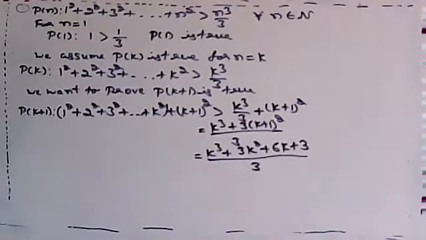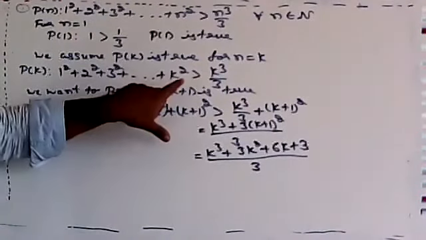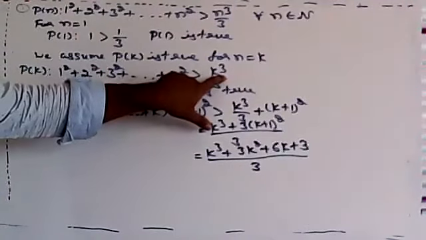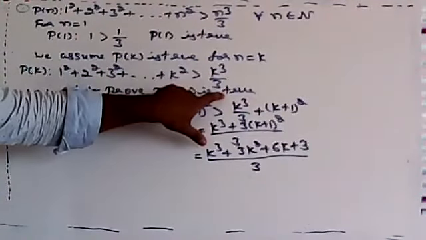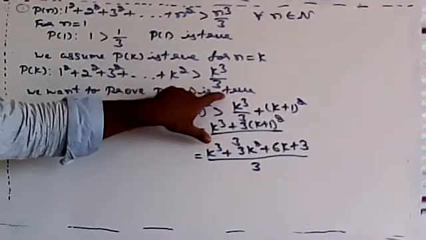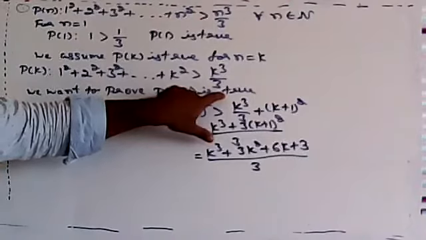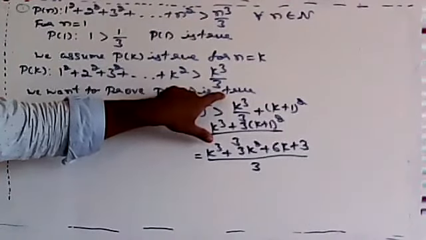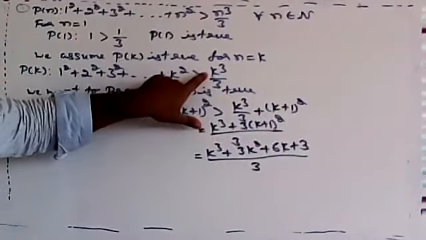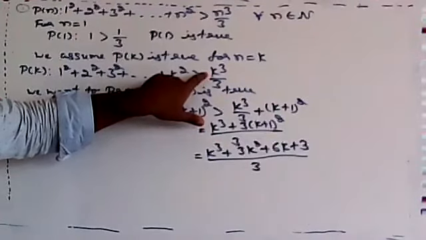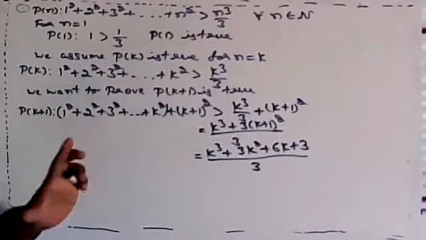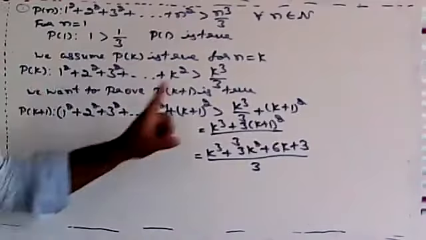Okay. See here, just check the answer. What do we want as the answer? Just check P of k. The P of k term is k cube by 3. Then what should be the P of k plus 1th term? In the place of k, put k plus 1. Yes, good Shilpa. k plus 1 the whole cube by 3. Correct? This one is clear. k plus 1 the whole cube.